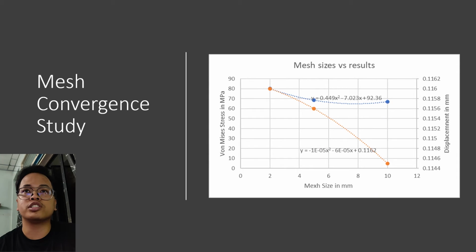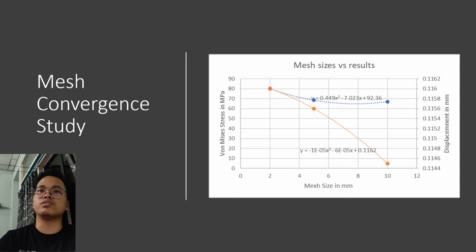So for the mesh convergence study, it is shown in the chart. We have compared the results as the mesh size becomes smaller. We have done 3 different mesh sizes, which are 2, 5, and 10 millimeters. As shown in the graph, the smaller the mesh size, the higher the displacement and the stress. However, it should be noted that the trend lines for stress and displacement curve differently. For displacement, the curve goes downwards. However, for the stress, it curves upwards. This means that